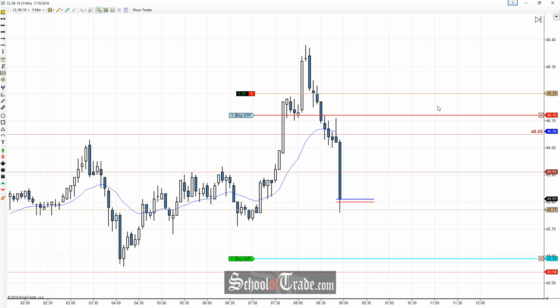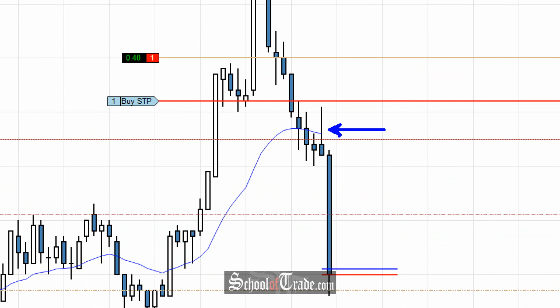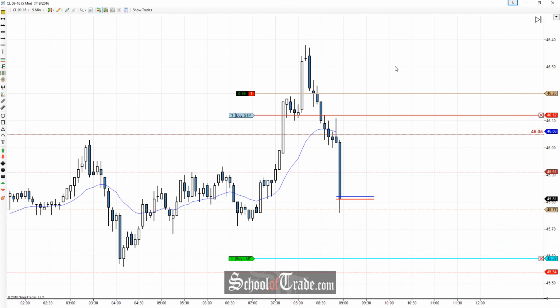Now, I like my stop here at 46.12, primarily because that's the last time that we saw the buyers really try to give it a shot. And, I mean, look at the reaction, right? It didn't go so well. So now that they've got hammered lower, we know that the sellers do still mean business, and we do still have that potential downside objective, but I don't want to give back any profit either. So once this candle closes, I may even lock above that, but until we see how it closes, there's no reason to jump the gun and do that. So right now, stop is at 46.12, looking for the final objective back towards the low of the day.